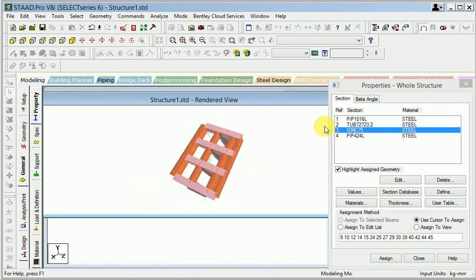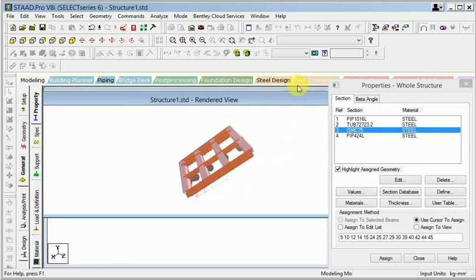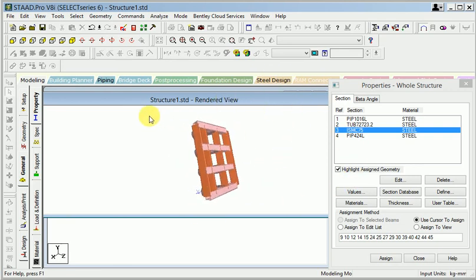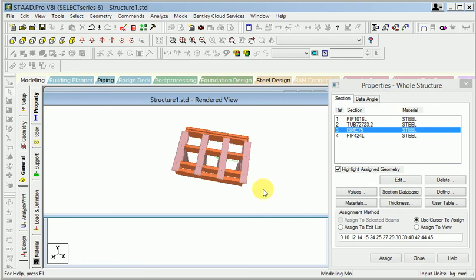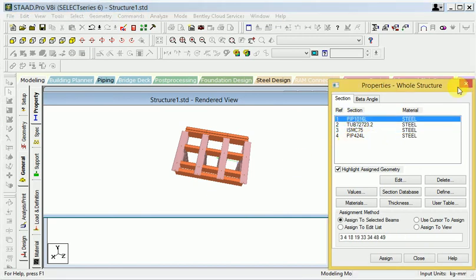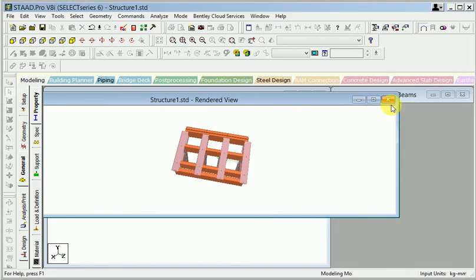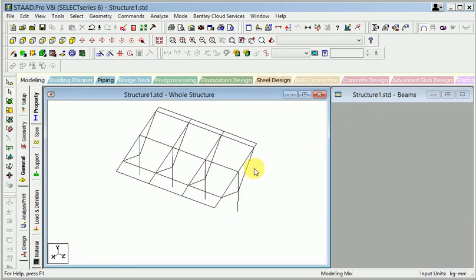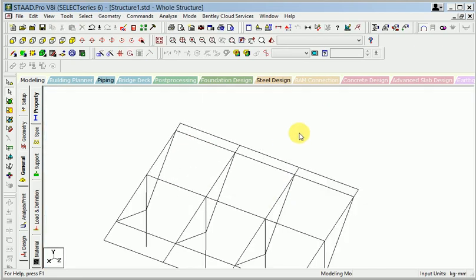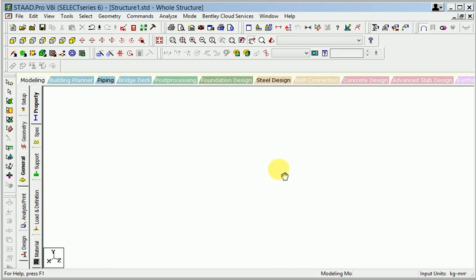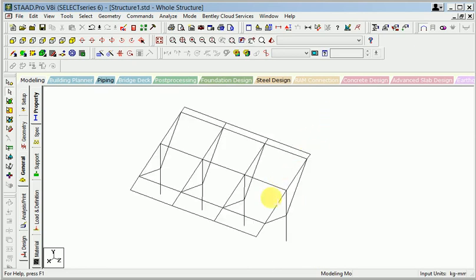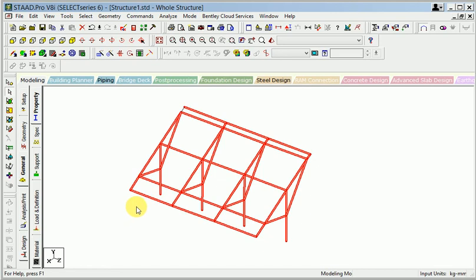If I want to change the particular channel and member according to distance, so this is the 3D model, and if I change the particular size and everything, it is an easy way to maintain. So today we have completed the session in Start Pro solar panel structure design.